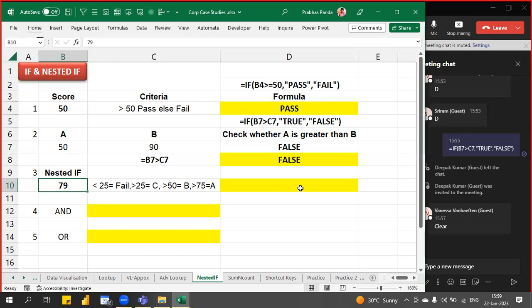We have to use this and an OR function? No, not at all. We have to use if less than 25 then fail, then if